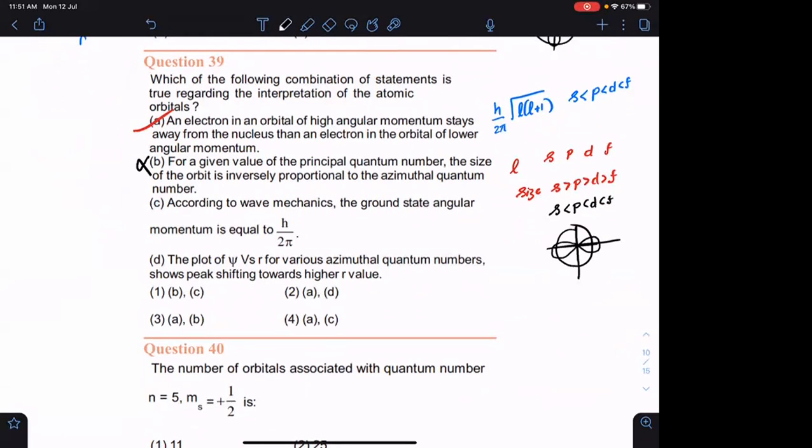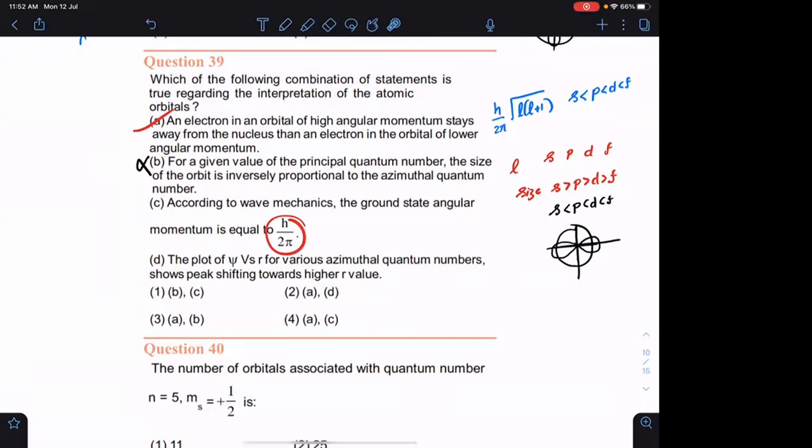Yes. Everyone, is this right statement? Here they are saying wave mechanics, meaning they are treating the electron as a wave. It is not clear if they are treating that as quantum mechanical model or Bohr's theory. In both theories, MVR equals nh upon 2 pi, and in the ground state 1h upon 2 pi. You can definitely put that. Once more, let's look at statement D, and according to that we will eliminate the options.